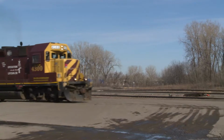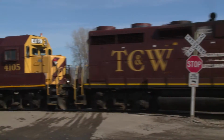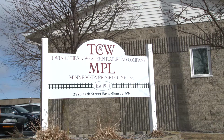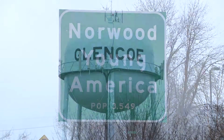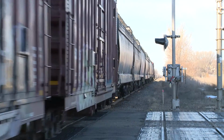Twin Cities and Western Railroad Company provides access to all main railroads, helping its customers reach vital markets. Since 1991, this successful short-line railroad has helped rural communities grow and prosper, and in the process, it too has grown. Our carload volumes have increased about 35% in the last 24 months, thus using more fuel,